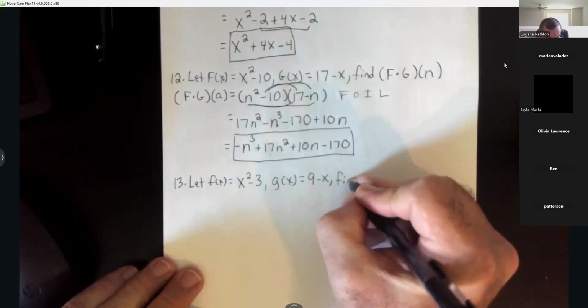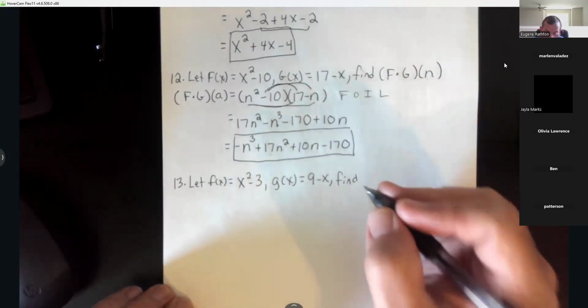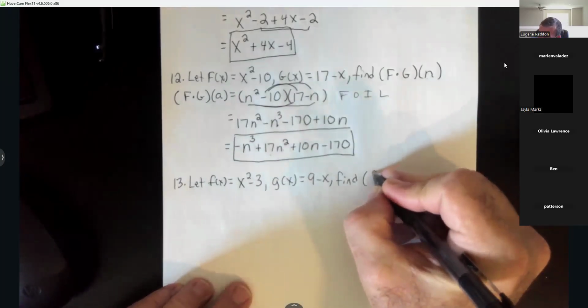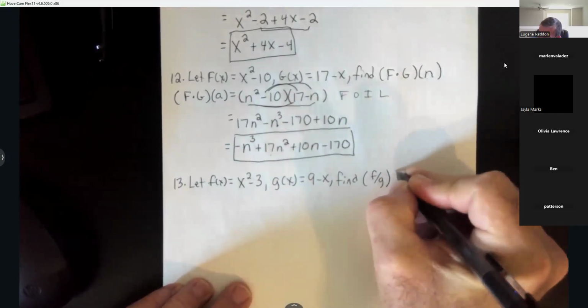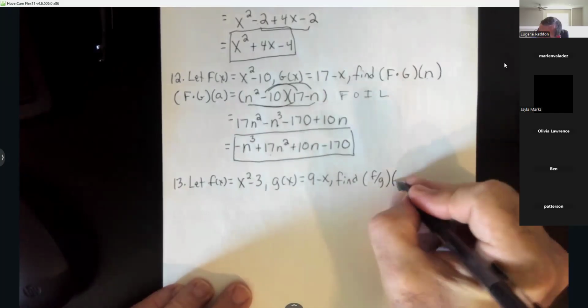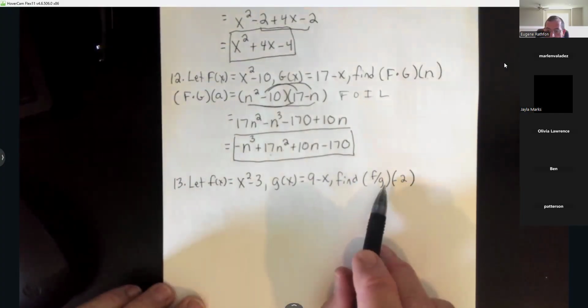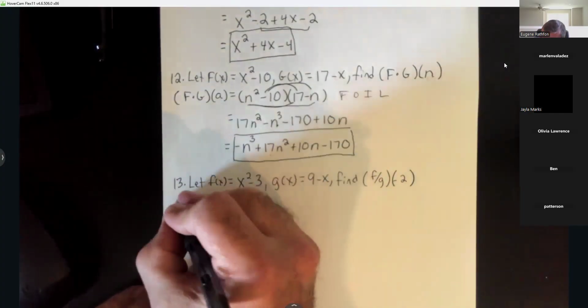We're going to find f divided by g of negative 2. So basically like the one we did a while ago,